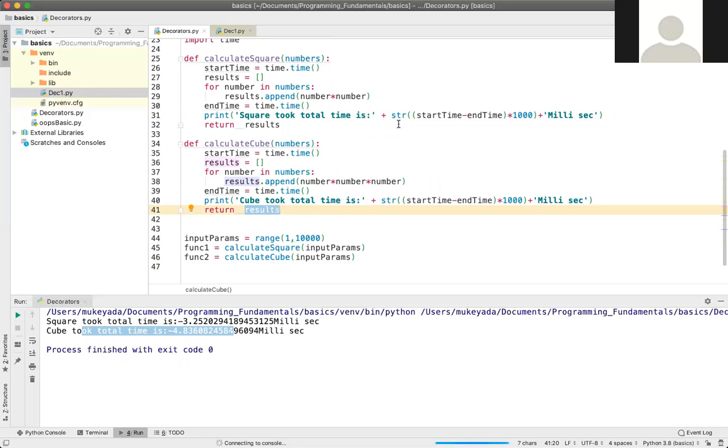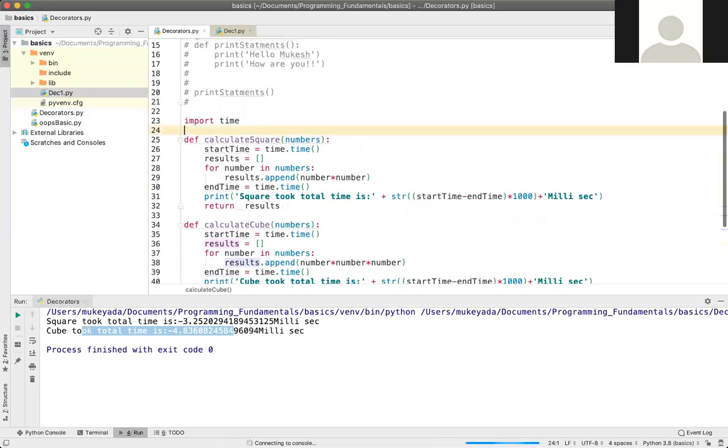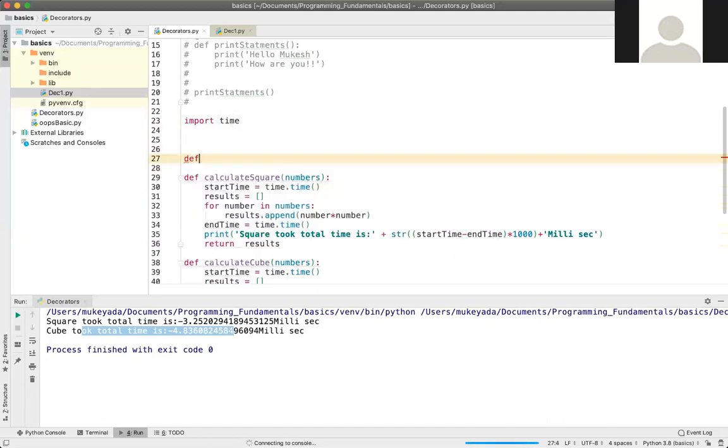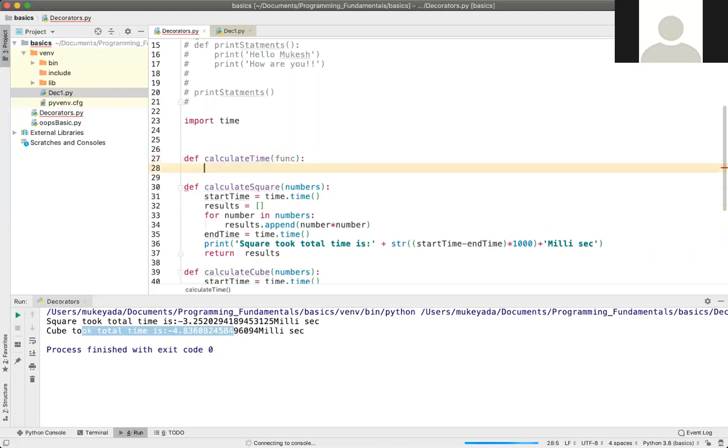So for example, let me write another function. I'll say def calculate time. Let me say it will take a function as an argument. Let me create one wrapper function inside that.